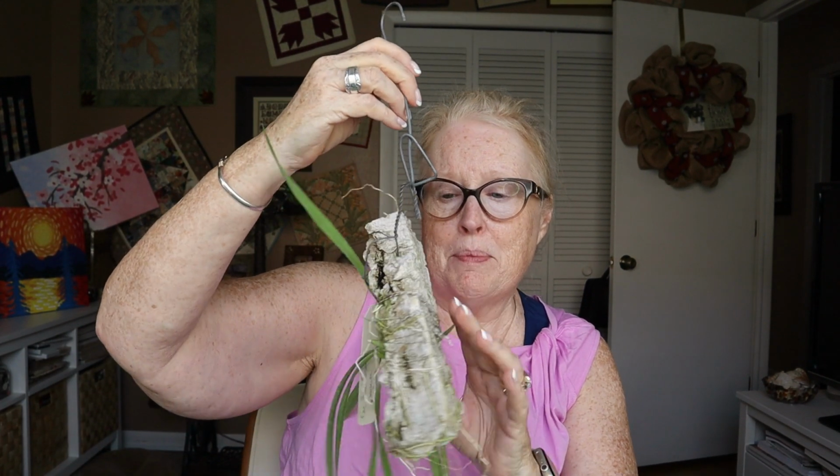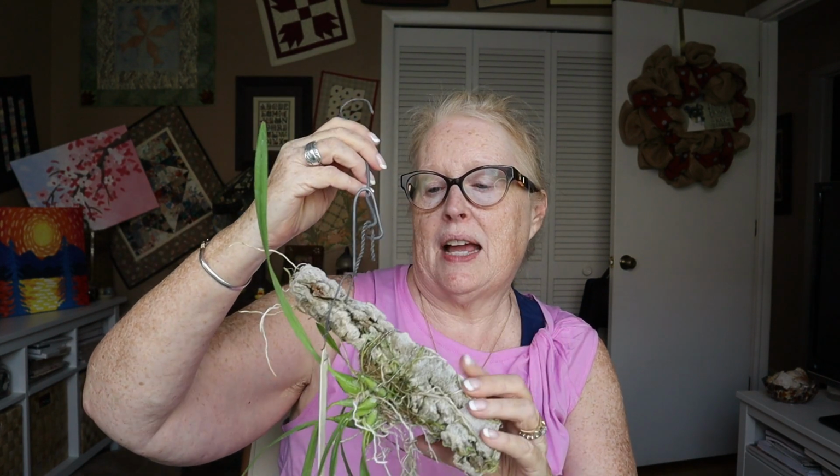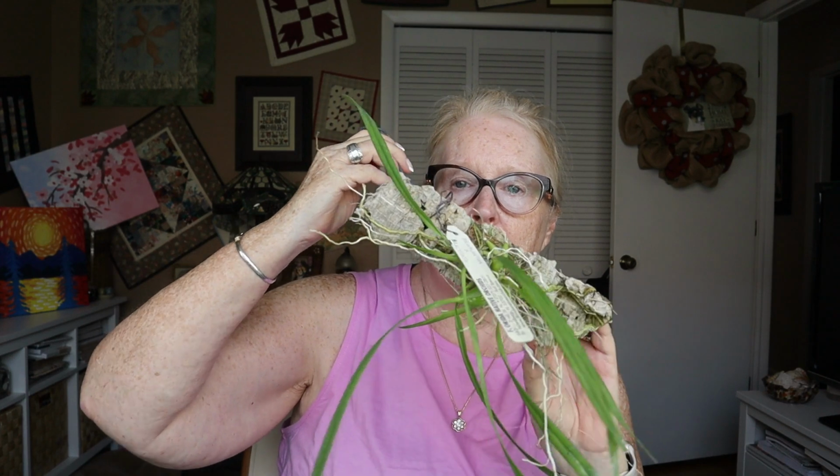substitutions for slabs. See, while these are great and more natural, they also break down, although this one's cork, so it shouldn't break down too fast. So potters have made replicas of the natural ones, with the grains and the holes and stuff, and people grow them on that because they last a really long time unless they get broken. I haven't had as much luck with those getting orchids to stick. I don't think they hold moisture quite the same as the cork that I use, but anyway, they're out